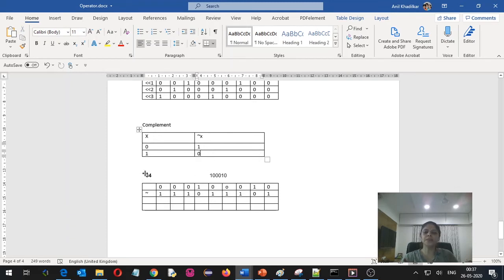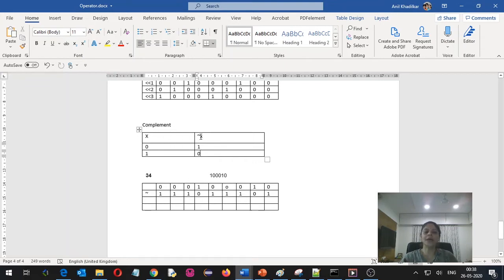So I am using the same number 34 and its binary representation over here. We know that when we are using complement, 0 gets changed to 1 and 1 gets changed to 0, so all the bits will become opposite.